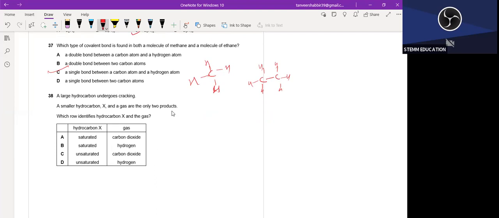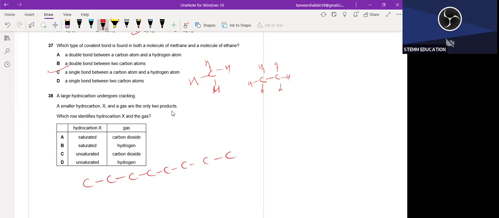So only two products are formed when hydrocarbons go through cracking. Suppose I have a large hydrocarbon, and when I heat this, because cracking means heating, it is converting into